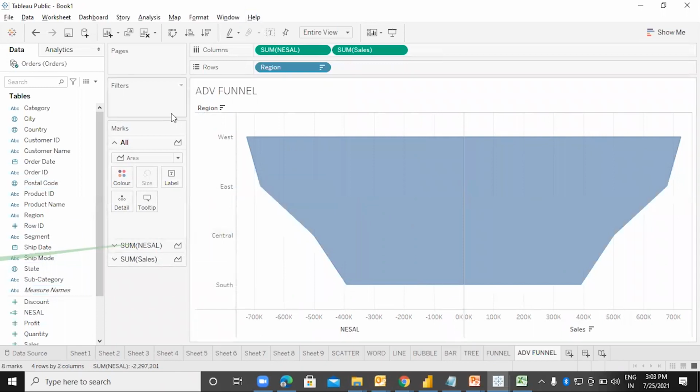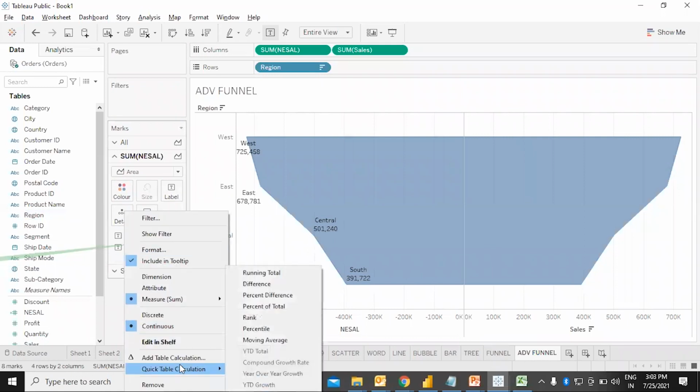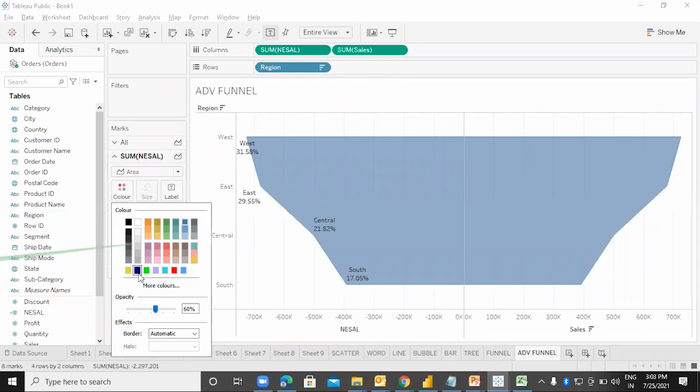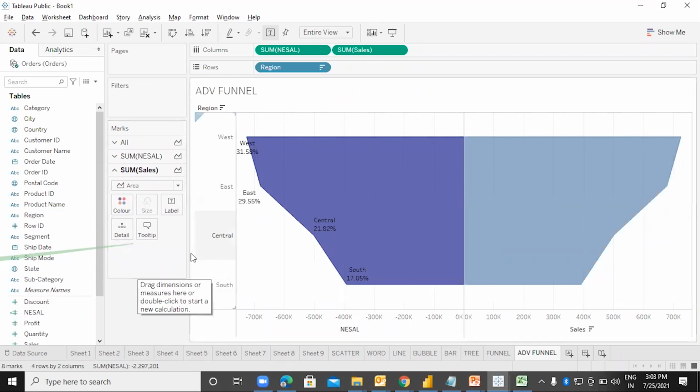Now, if you wanted to put something over here, you can go to the negative sales. Let me put the region into the label, and I would also like to put the sales into the label, which I would like to display as a percentage. And if you want, you can also change the color. And then we have the sales, in which let us change the color first.